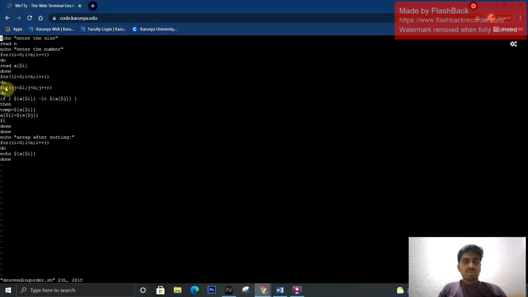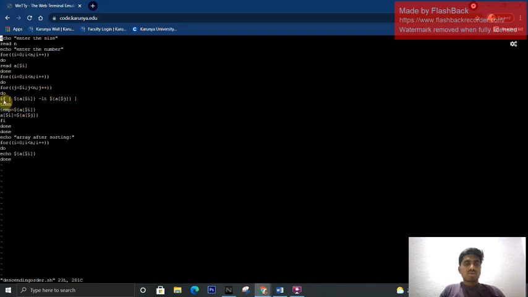Done. For the i loop, we are taking the for loop, i equal to 0, i less than n, and i plus plus. Here read a[$i]. It means the entered inputs are read and i will be incremented up to the condition fails. And again we are taking the for loop, j is equal to $i, j less than n, j plus plus.